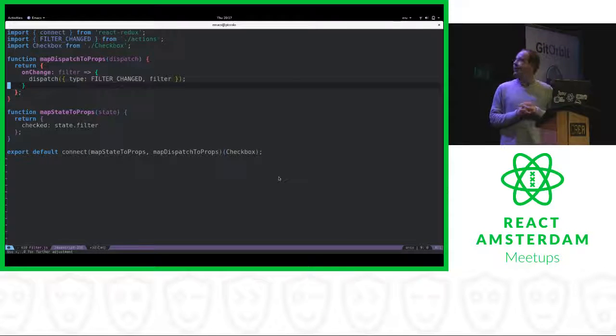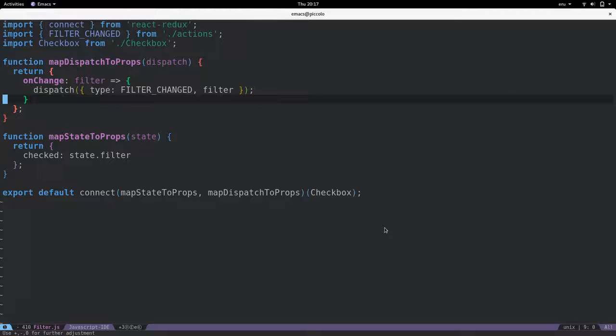Yeah, so everybody likes Redux, but sometimes the API is a bit difficult to understand. There's a few reasons for that. One of the reasons is the usage of so-called higher order components. So you have a function that takes a component, in this case a component checkbox, and returns a new component. And